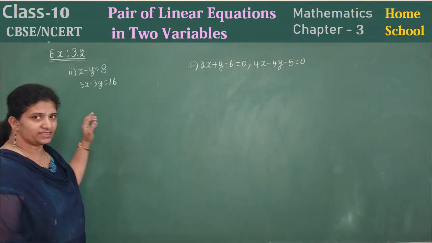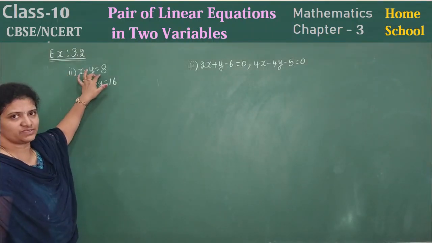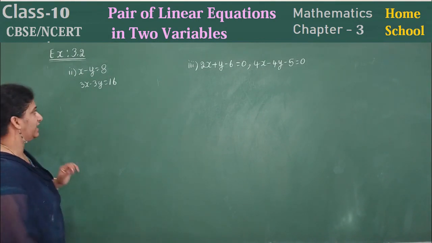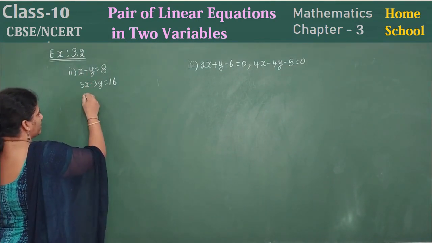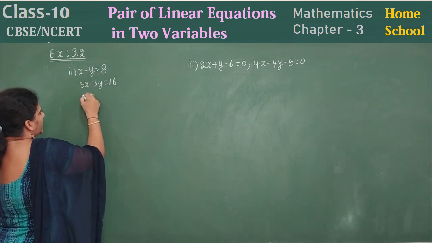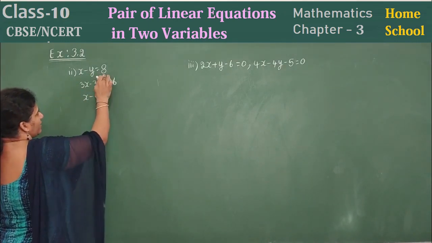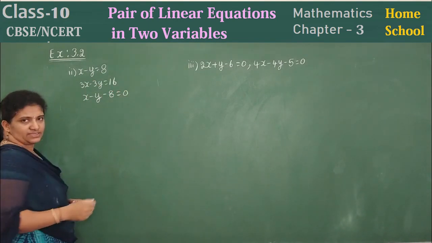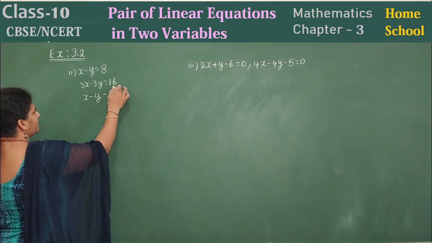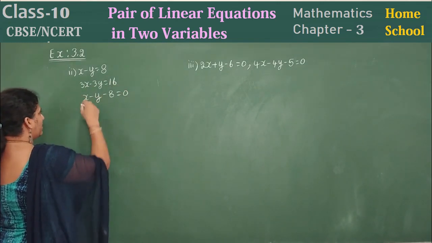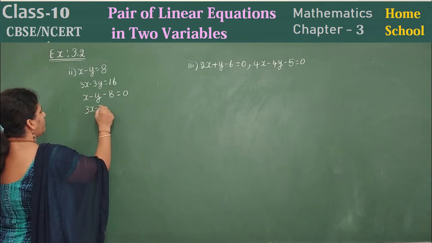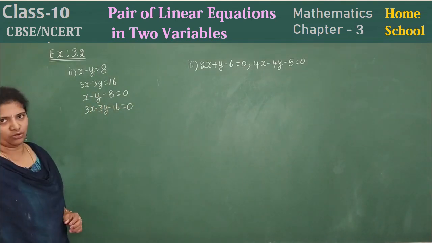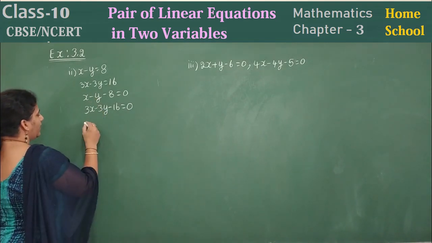Okay, let's see the second sub question here. x minus y is equal to 8. 3x minus 3y is equal to 16. So now let's compare these two equations here. And we are going to rewrite this. x minus y, 8 if it comes this side, minus 8 equal to 0. And similarly, 3x minus 3y equal to 16, 16 bring this side, 3x minus 3y minus 16 equal to 0. Okay. So now comparing